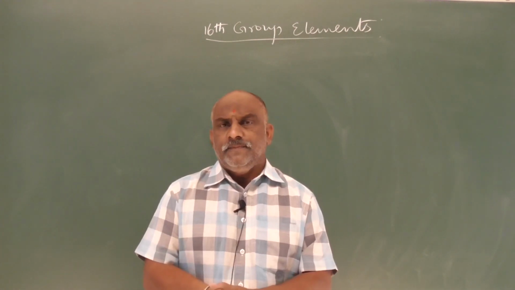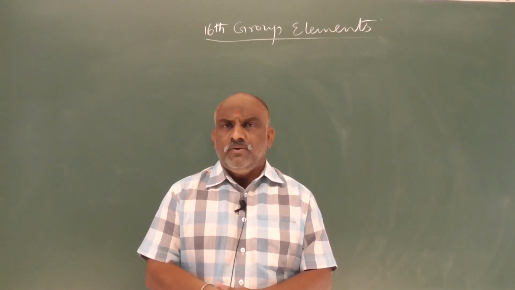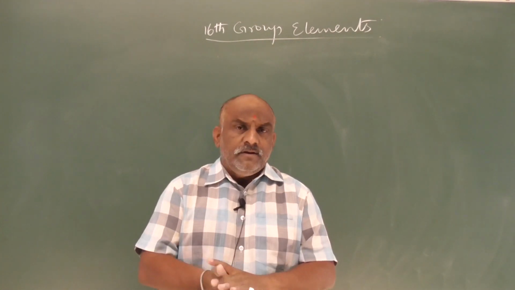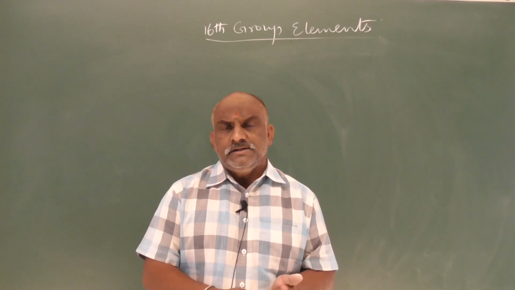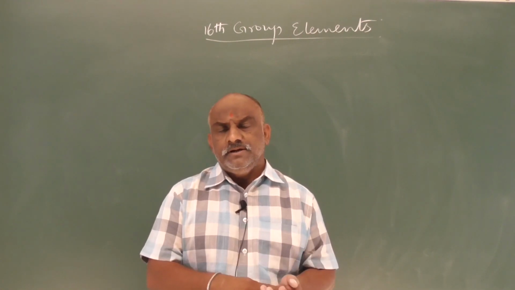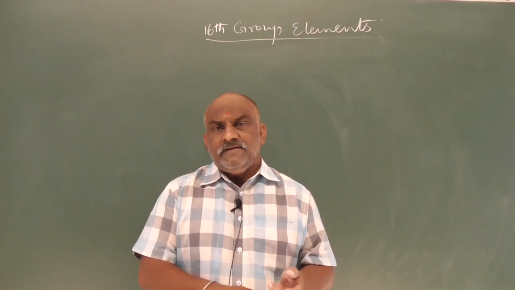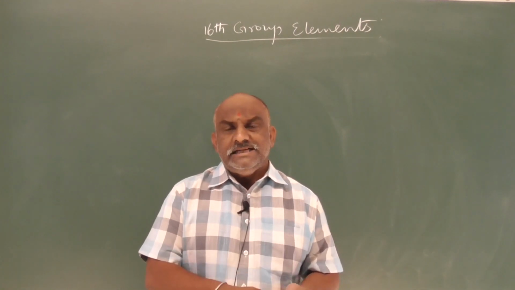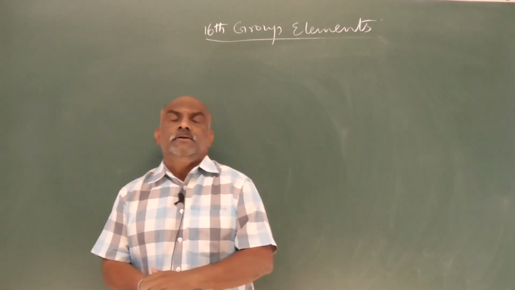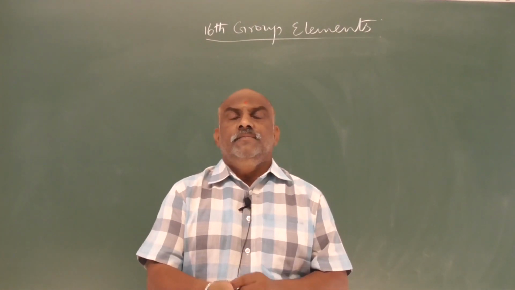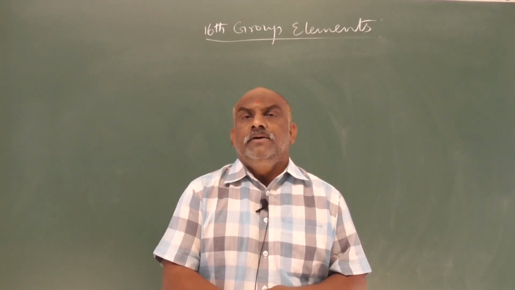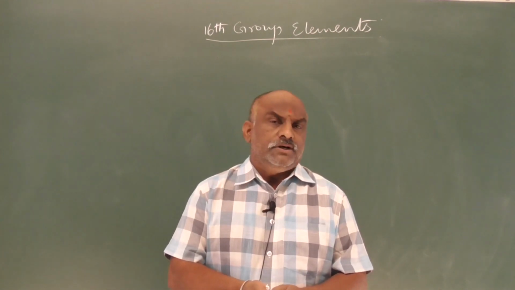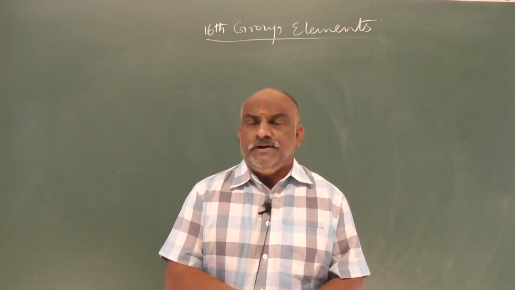General properties. General properties we know already, because every group is related with atomic radius, ionic radius, electronegativity, electropositivity, metallic character, ionization enthalpy, electron gain enthalpy, melting points, boiling points, density. These all are said to be general properties of groups. Clear? So while starting these general properties, we should start with electronic configuration.